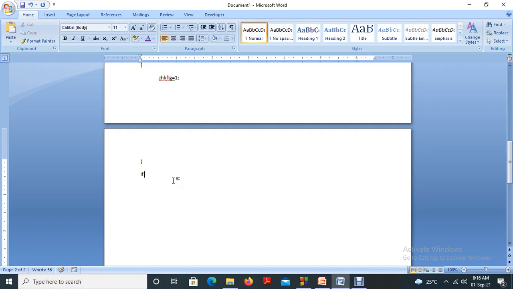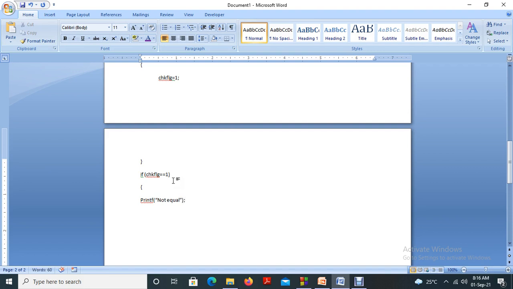And at last, after the execution we are saying that if chk flag equal to 1, we are saying that it's not equal, printf not equal.